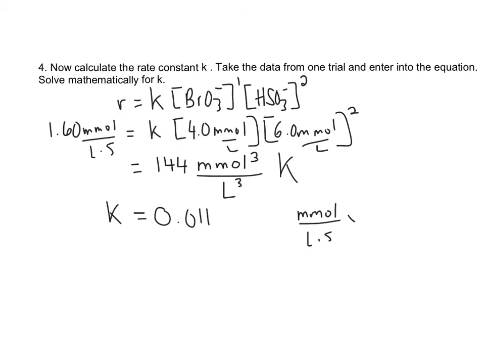So I'm going to multiply this by the inverse, because that's what's going to happen when you divide by a fraction. It's the same thing as multiplying by the inverse. So this millimole is going to cancel one of these millimoles, so I'm going to end up with millimoles squared. And this liter is going to cancel one of these liters, so I'm going to end up with liters squared. So our units on our K will be liters squared over millimole